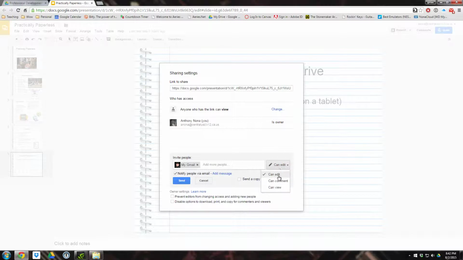And then you also have the options here. I can set it so this person can edit, comment, or view. This is independent of what's up here. So whatever I set here, it ignores whatever's going on up here, and this becomes the paramount for that individual. All right. So I'm going to leave it as can edit, and then I'm going to go ahead and